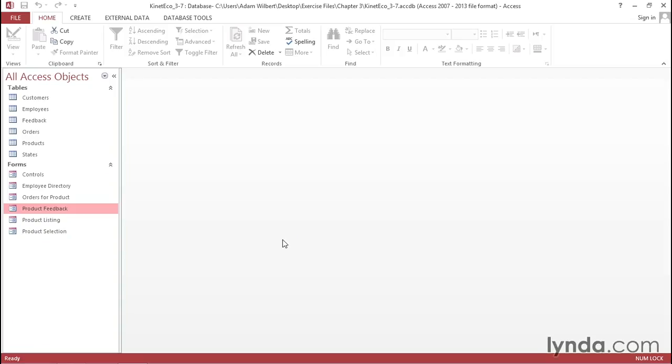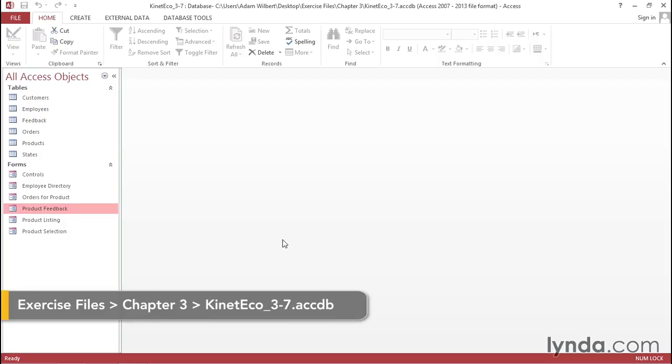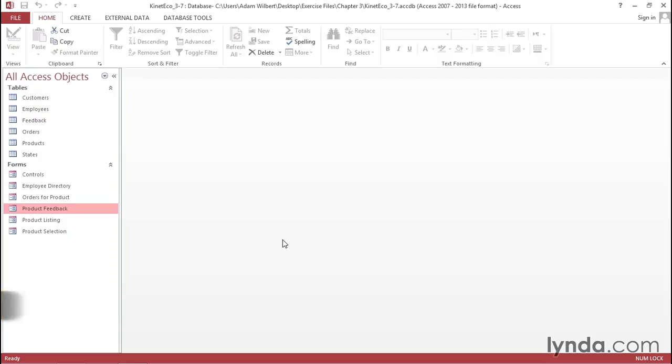Yes/no data type fields have several different ways that the user can interact with them. The most common is with a checkbox, option button, or toggle button. We can also group several of these elements together in what is called an option group to deal with more complex data entry tasks. We're going to continue working on the simple form that captured product feedback that we started